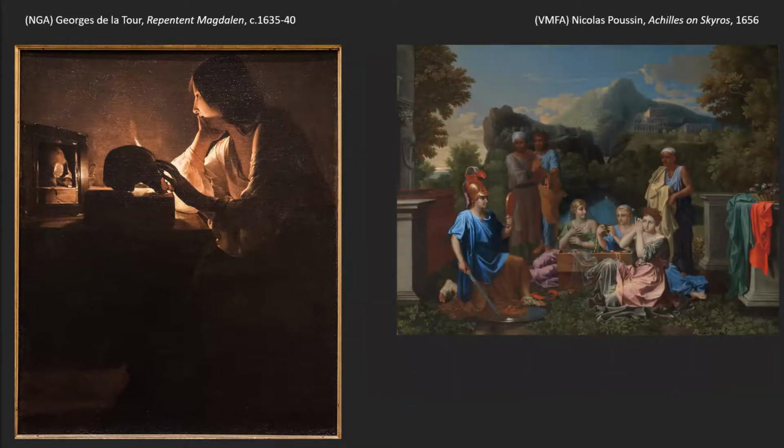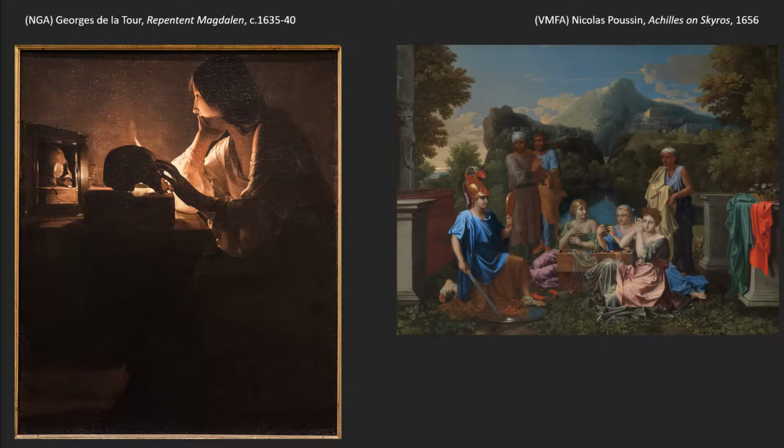Other artists who go to Italy, Nicolas Poussin primary among them, are not at all influenced by Caravaggio's work, not at all interested in it. They instead begin to look at Raphael, Michelangelo, Renaissance art, firsthand. And Poussin has an extraordinarily clear space,